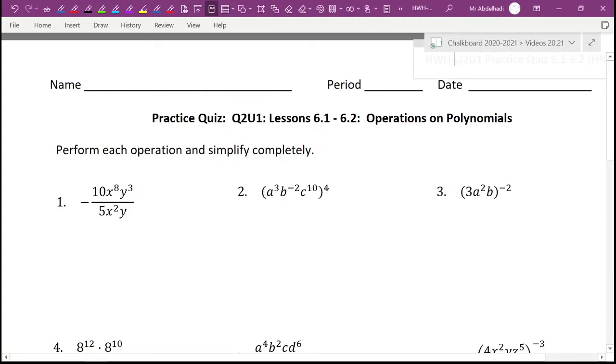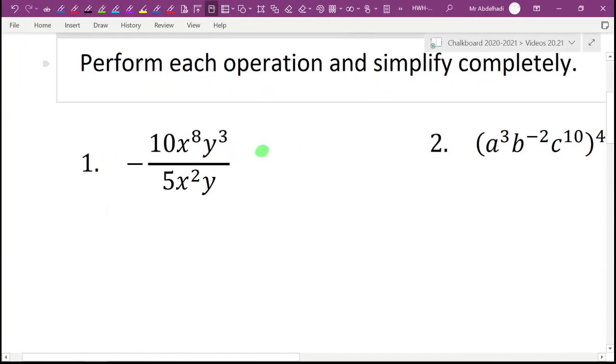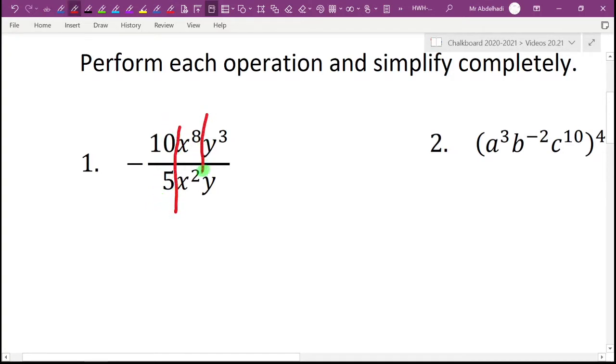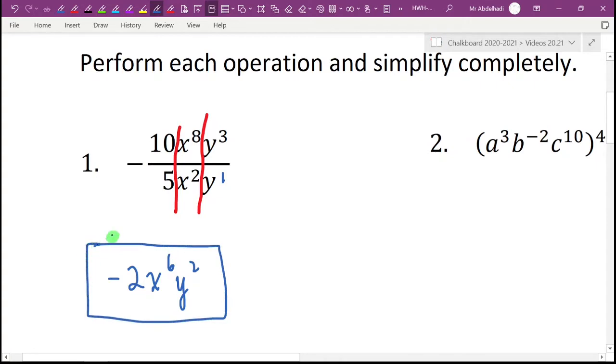So for the first one here, we have a fraction to simplify. What you do here is you chop these up into separate parts. So this is going to be negative. 10 over 5 is 2. X to the 8th divided by x to the 2nd, you subtract the powers, you get x to the 6th. Y to the 3rd over y to the 1st is y squared. And that is number 1. Number 2,